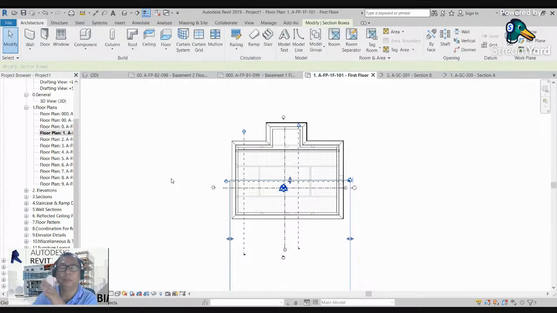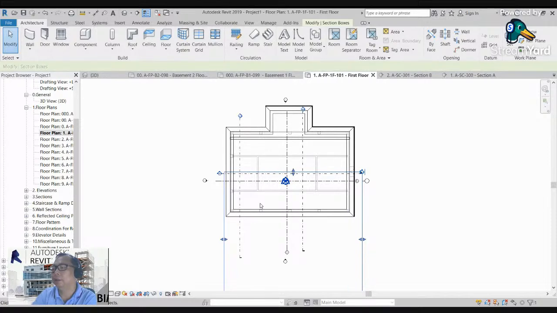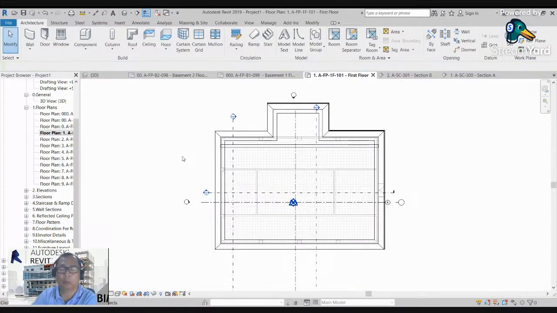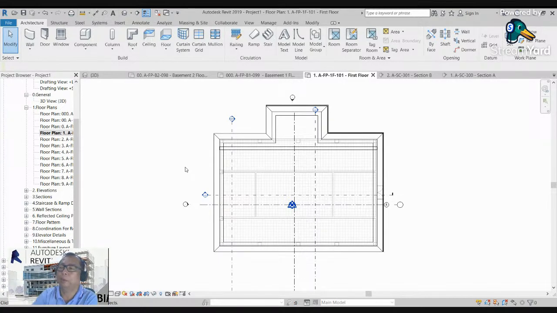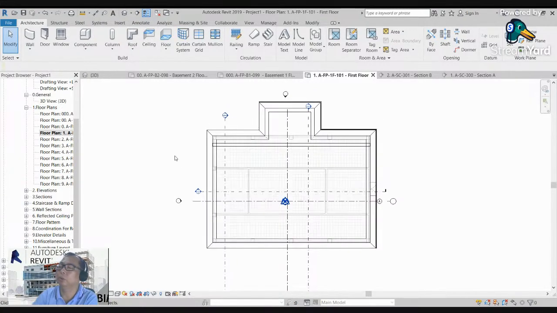And then after we finish the model, we will extract the views from the model, and then we will create documentation: how to make the tagging, how to make a section. This is actual practice, not basic. Many people created the model, and after that they don't know how to put it on the sheet, how to work on the production drawing, just only modeling. So here I will teach you how to work on